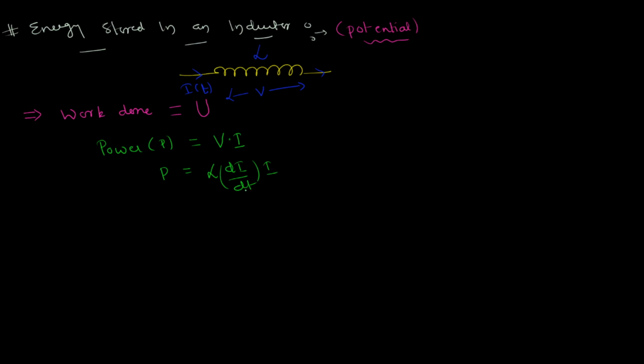All right, if I cross multiply this dt to the left hand side, for those of you who are familiar with differential equations, this is a differential equation, and I'm trying to separate the variables here, right? So I is one variable and time is one variable. I'm trying to separate them. So if I do that by variable separation, I'll be getting P dt is equal to L di, or I can just rewrite it as L times I di. And don't worry, if variable separable sounds a little scary to you, I'm just cross multiplying time to the left hand side. That's all I'm doing.